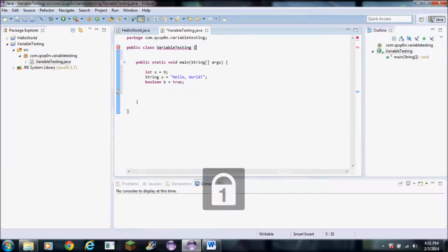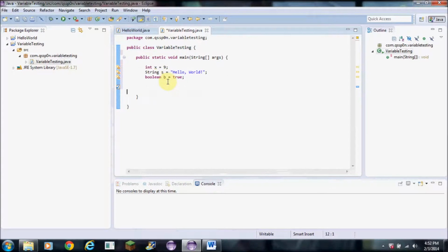So now I'm going to print these out to demonstrate what they can be used for. I'm going to print out the integer, string, and boolean by typing system.out.println, and you do not put quotation marks around your variables, because with quotation marks, it will print whatever is inside the quotation marks. And so if you put a variable inside quotation marks, then it would just print the letter that you put in. So I'm going to do x